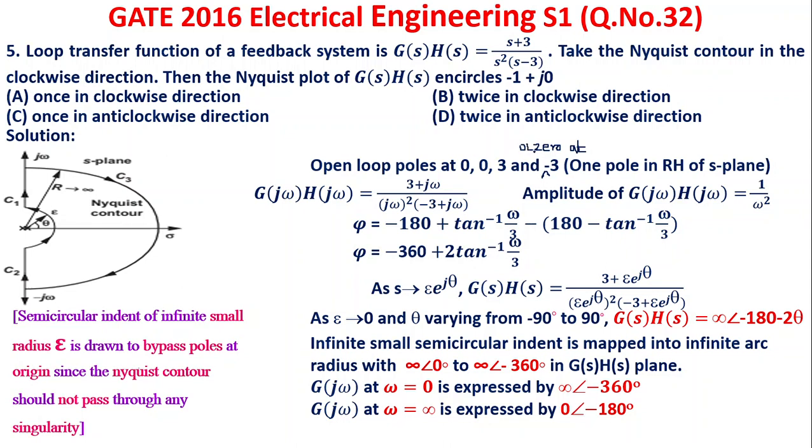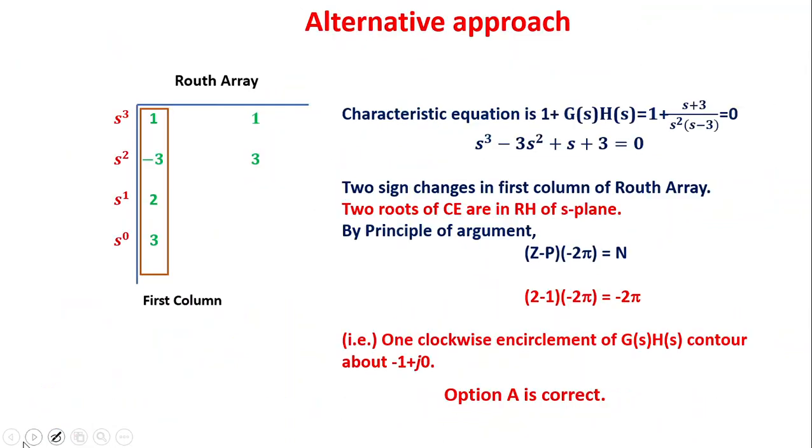So actually this is not at all required. This open loop zero is not required for our conclusion, because we are comparing only the open loop poles and the zeros of 1 plus G(s)H(s). Since I have written it, I have taken this point into consideration. That's all. So going back,